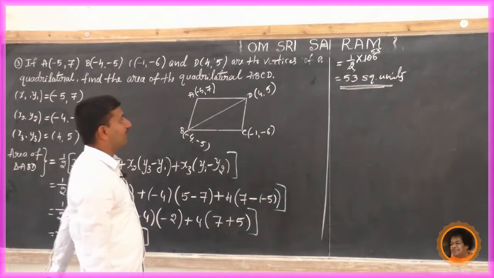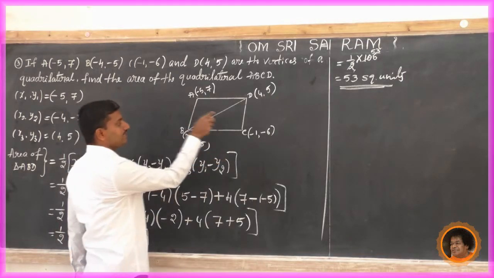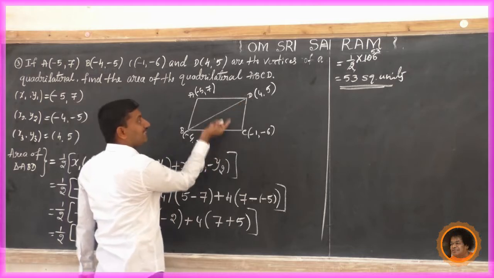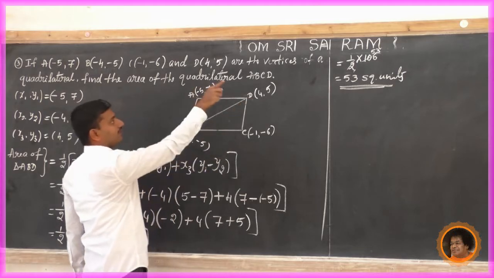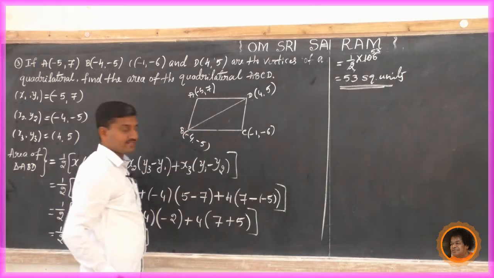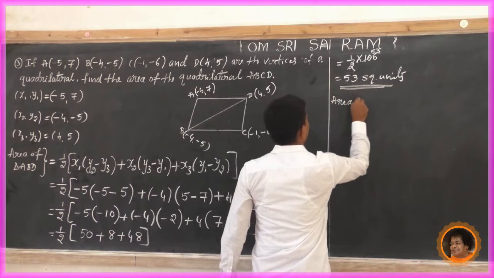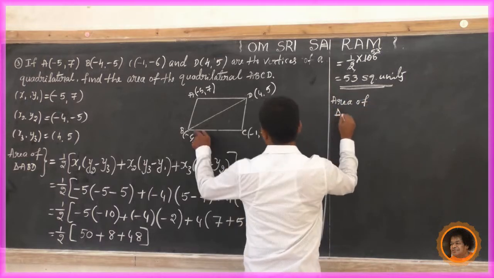So next we have to find the area of the second triangle. So which is the second triangle? BCD. So their sum is the area of the quadrilateral ABCD. So therefore we have to find the area of the second triangle BCD. So area of triangle